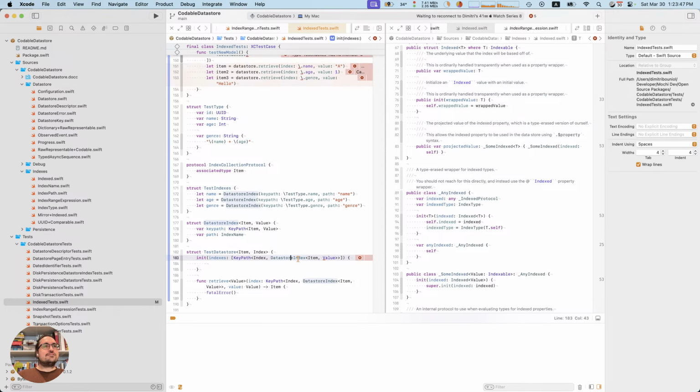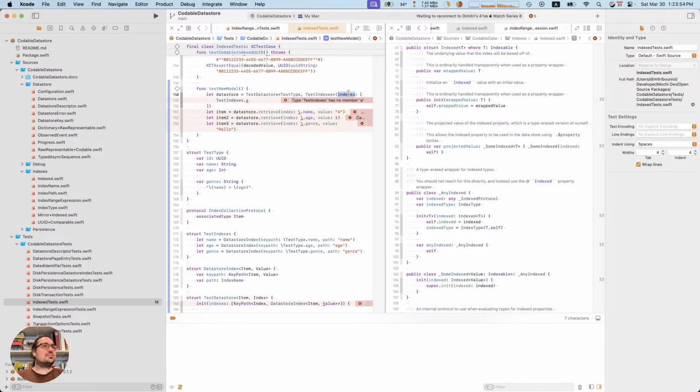Okay, so now onto the second half of the problem. I need to be able to specify all the indices at the beginning to say, hey, make sure these are indexed. I would love to be able to say dot age, dot genre, just list them all out at once. But you can't, without needing to specify a whole sentence for these.